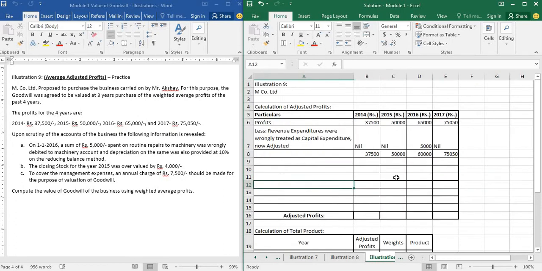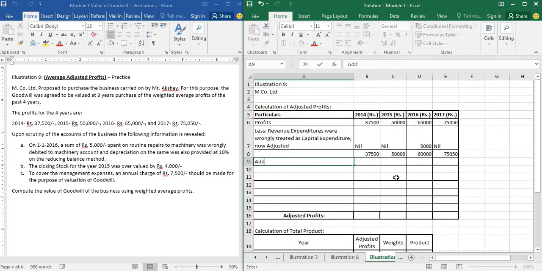So what do you think we should do? What they have done is, in the P&L account of 2016 they have shown depreciation of 500 rupees. And in 2017 they have shown a depreciation of 450 rupees, which now we have said it was not capital expenditure. So charging depreciation on this 5,000 will not be valid, right? So we have to make that correction. Because of charging depreciation, the profits for those 2 years were reduced by 500 and 450 respectively.